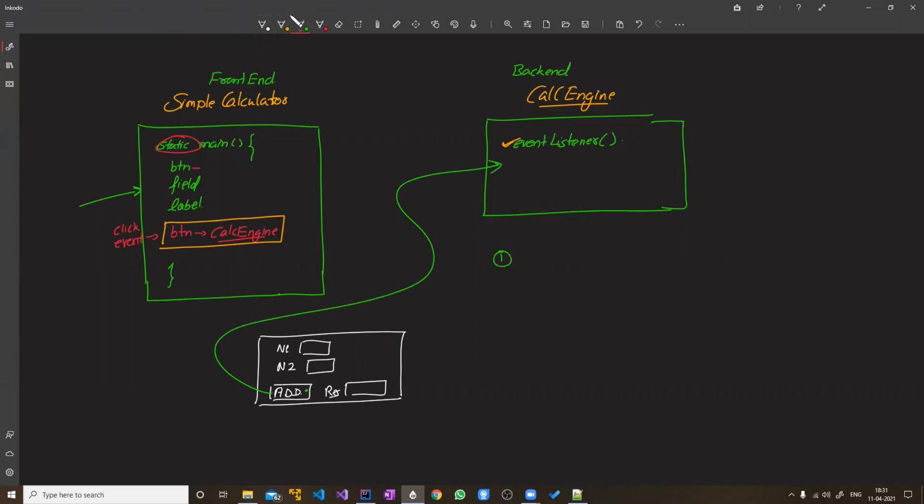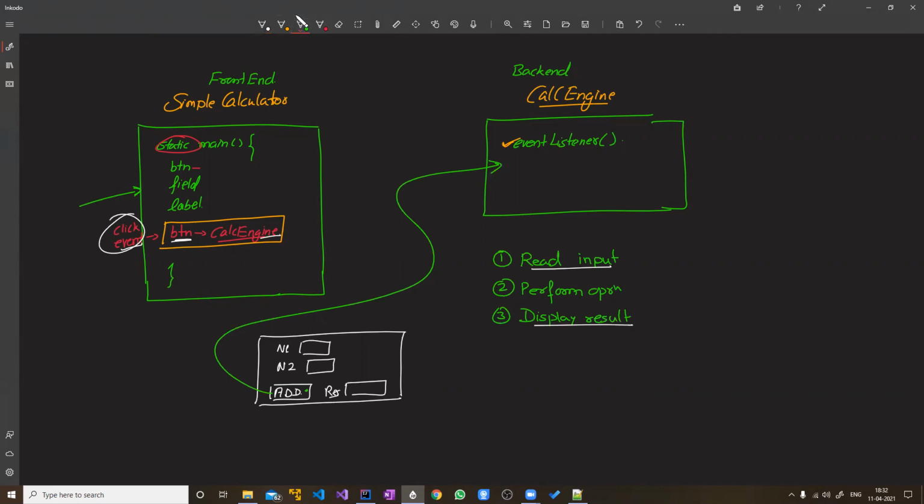It should first read input. Second, it should perform operations, and third, it should display result. Now what you have done here is, by saying that the button's event listener is the calculator engine, you have specified which method has to be called when this button is being clicked. So that is understood. But now the problem is, it has to read input and display result.